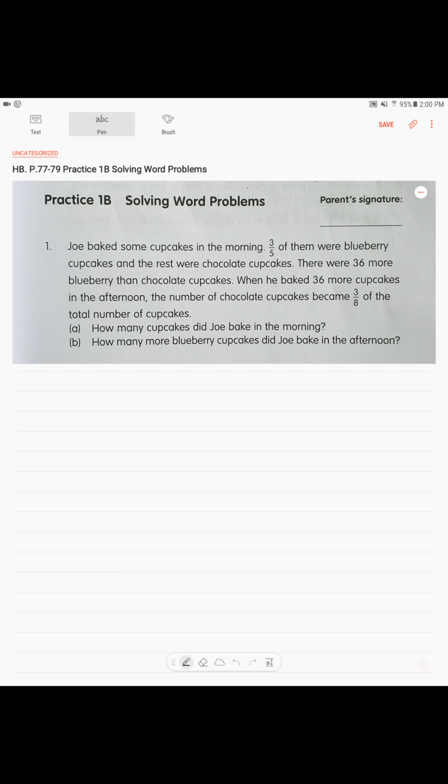This is very straightforward, right? So your fraction is 3/5, and this was blueberry. So this is your total cupcakes. You divide them into 5 units, and you know that your 3/5 are blueberry, and your 2/5 is chocolate, right? So clearly, if you draw them like 3 and 2 and you compare them, you will see that